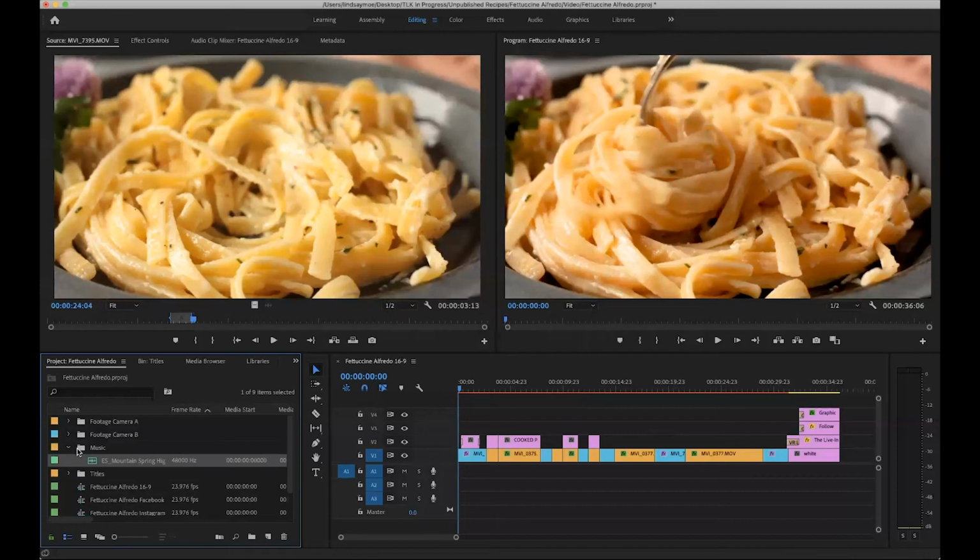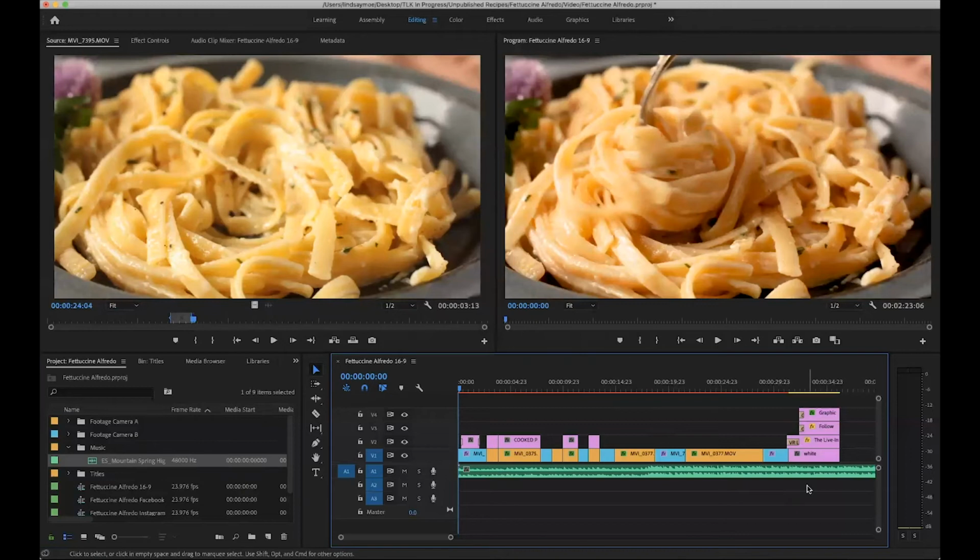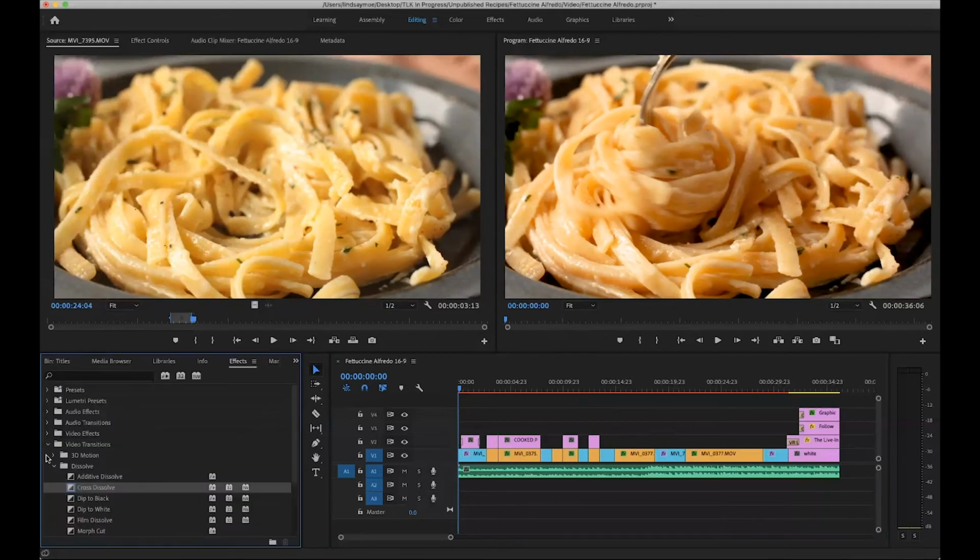So now that I have my music in my music bin, I can drag it over onto A1, and I will press C to enable the cut tool and just cut it right at the end. V to go back to selection, click on this clip over here and delete. And then on the end of all my videos, if I press Shift 7 to get back into my effects,